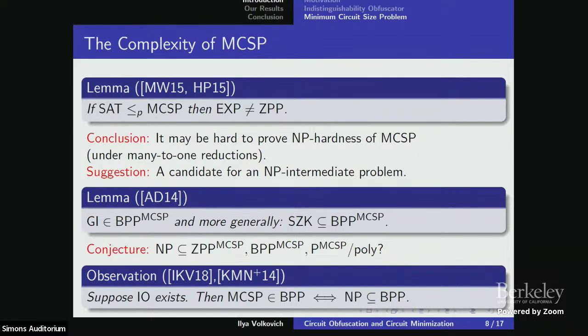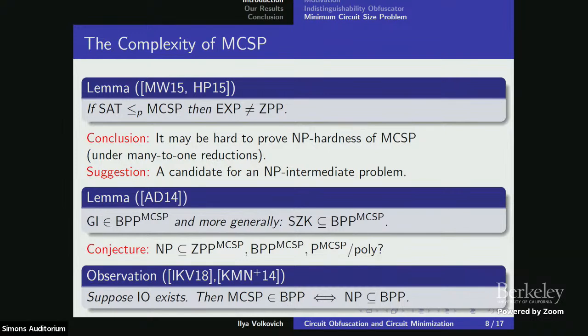So just to wrap it up, to wrap yourself around it a little bit for intuition, MCSP in BPP is kind of morally equivalent to there being no one-way function, if you want to think about it this way. There are some gaps here, but this is the moral thought.